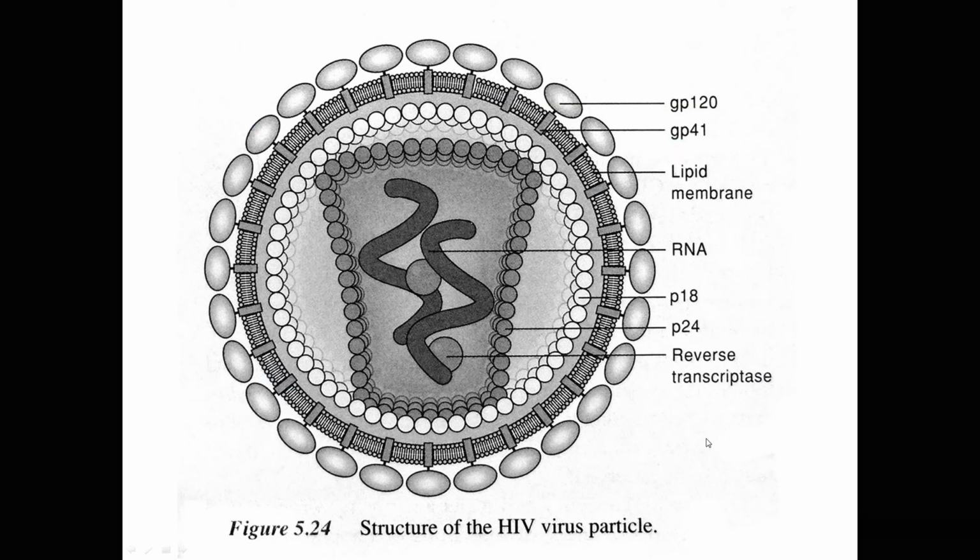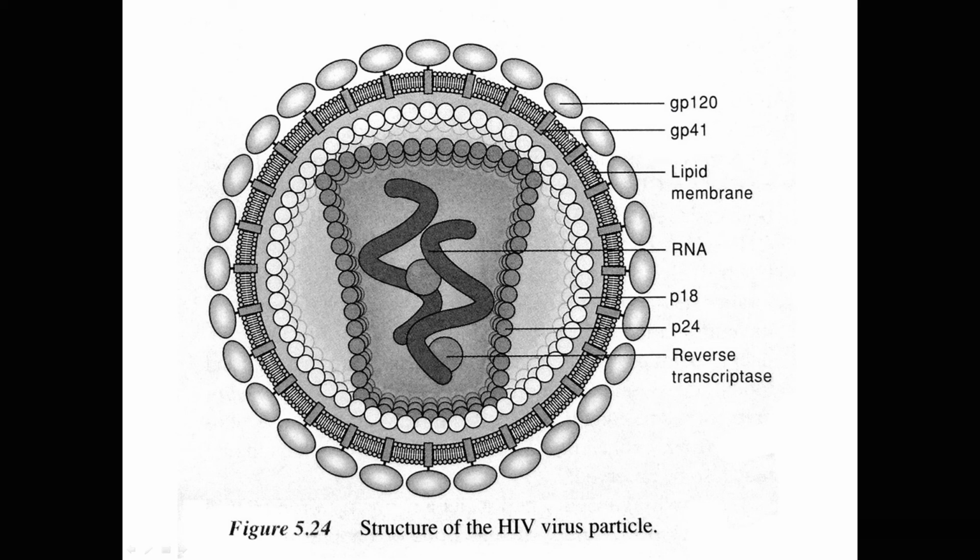This is a schematic presentation of the structure of the HIV virus particle. Let me stress the presence of some important components. Glycoprotein 120, a surface protein with an affinity to the CD4 component of the helper T cells. The CD4 component is present also in glial cells. So, this surface protein allows the virus to bind to helper cells and to glial cells in the CNS.